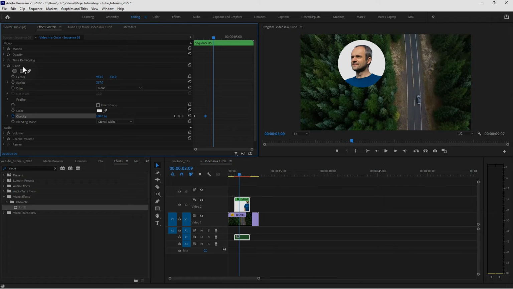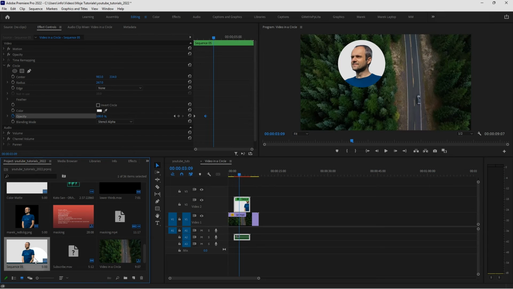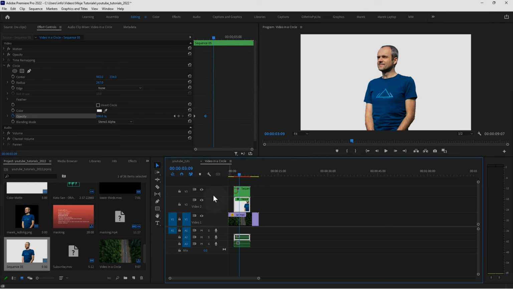So it depends what you're trying to achieve and how you want to do it, because if you're happy with the oval, ellipse, rectangle, then opacity mask is fine. I'll show one more thing here. So say if I add this clip once again from my project here, it's this one. If I drop it on the top and I'll hide the other one,